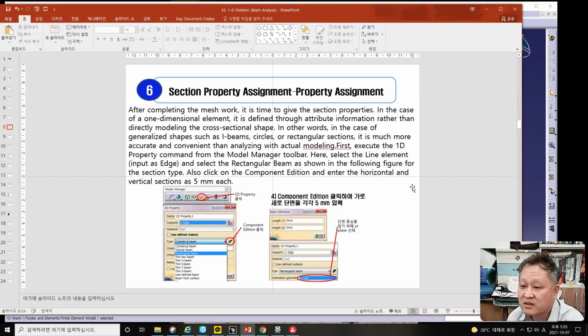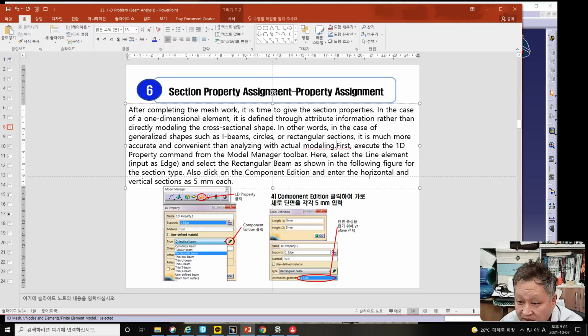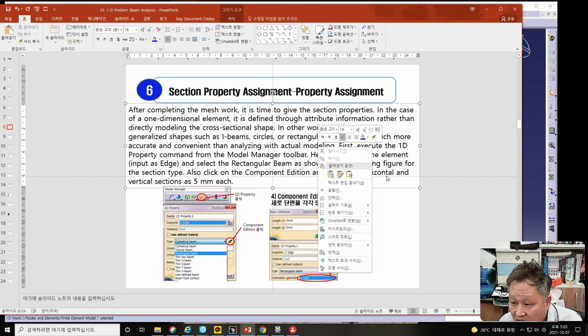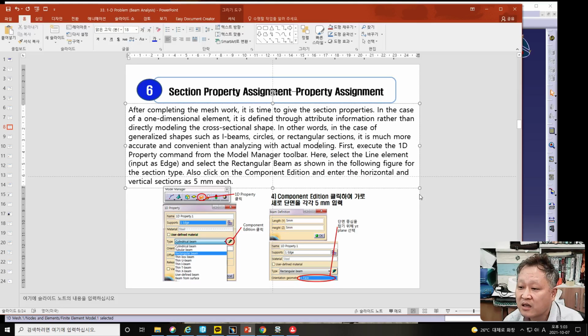a one-dimensional element, it is defined through attribute information rather than directly modeling the cross-sectional shape. In other words, in the case of generalized shapes such as I-beam or rectangular section, it is much more accurate and convenient than analyzing with actual modeling. And first, execute the 1D property command from the model manager toolbar. This is the 1D property in the model manager toolbar, and here select the line element input as edge and select the rectangular beam as shown in the following figure